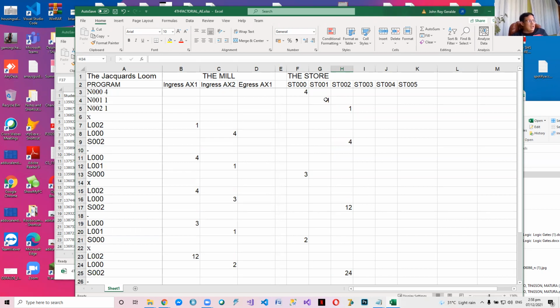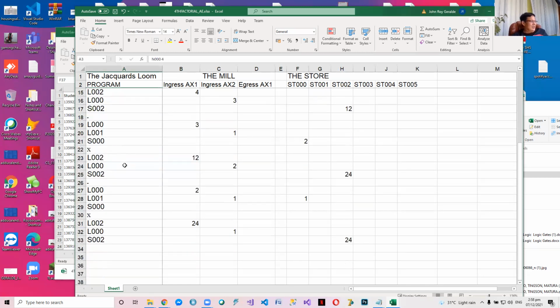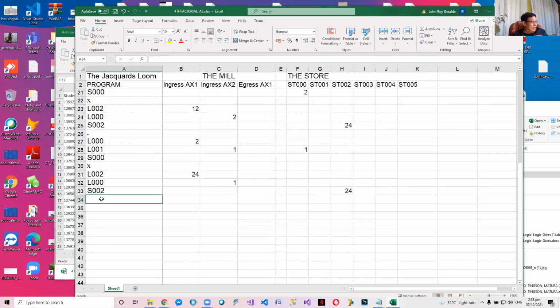Saan galing yung 1, 1? The first one is the constant subtrahend. Because we will always subtract 1 from the next multiplier. Okay? Start, stop, step. Parang start, yes. The first command is the start. The last command is a halt. There should be a halt here. Let's look at that.